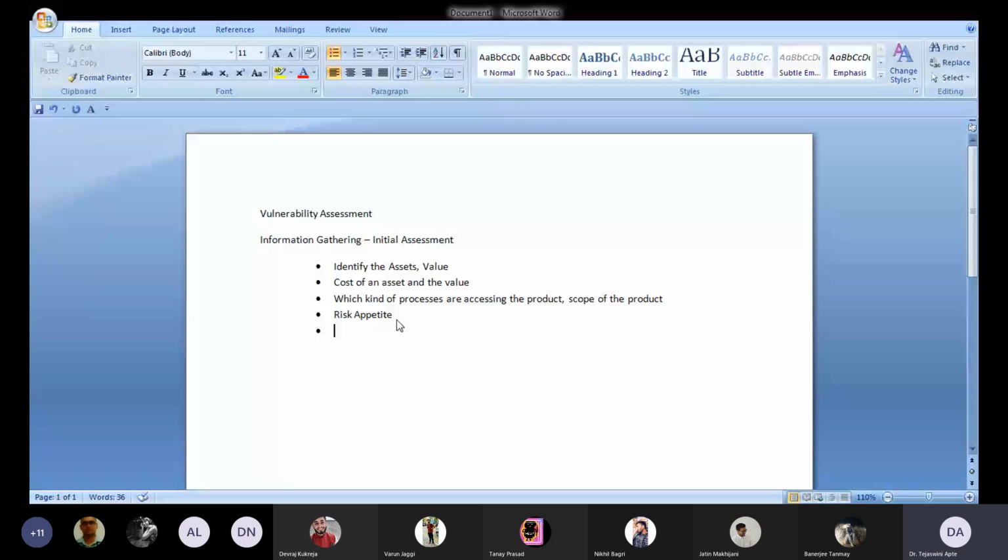When you say tolerance level, that means risk affordability. How many risks can you afford? What is the impact of those risks? So you can say here it is the affordability